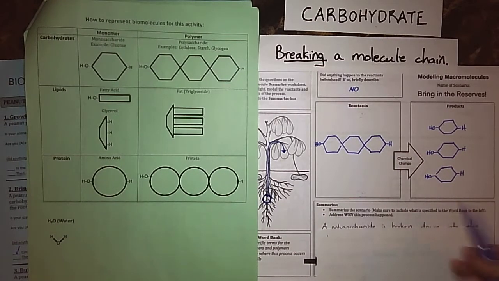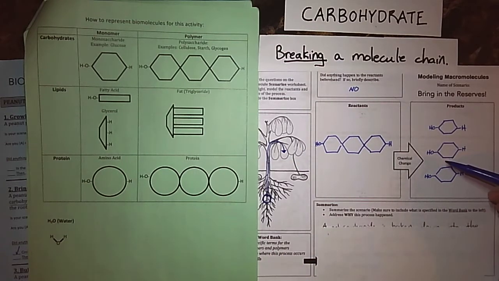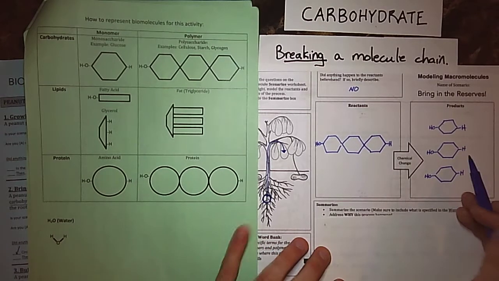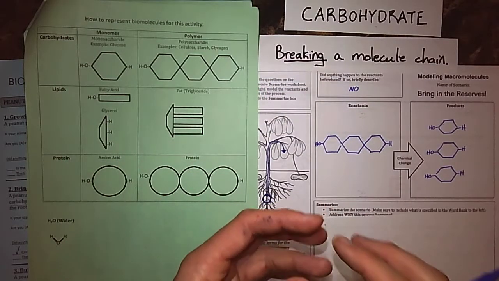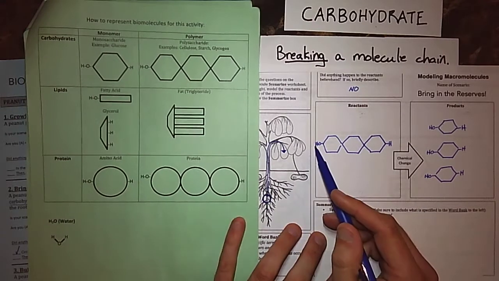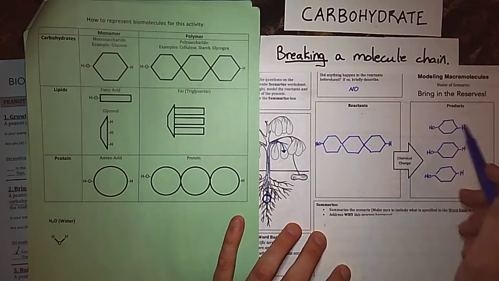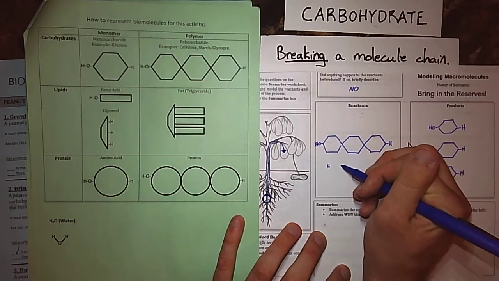Am I done? Not quite yet, because if we look at the reactants and products, there's a whole lot more H's and OH's here. And we know that matter can't be created or destroyed, so where did they come from? Well, before, when we built a molecule, water came out. In this case, we're going to be putting water in to break our molecule. So I count 1, 2 hydrogens here, and then there's 1, 2, 3, 4, 5, 6. So I need 4 more hydrogens on this side. So I'm going to do,